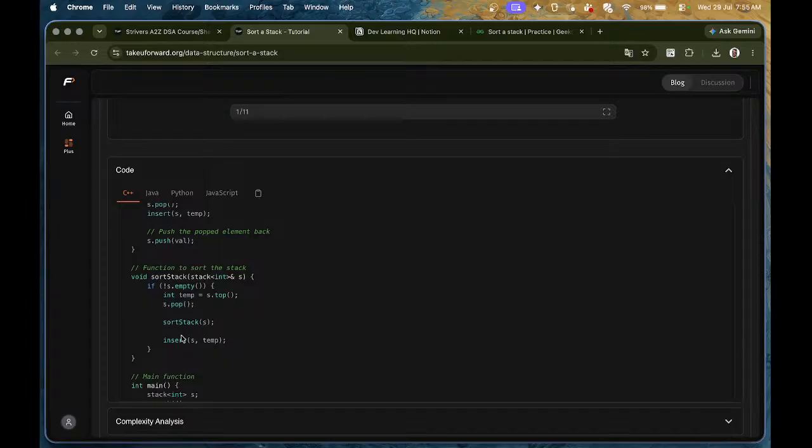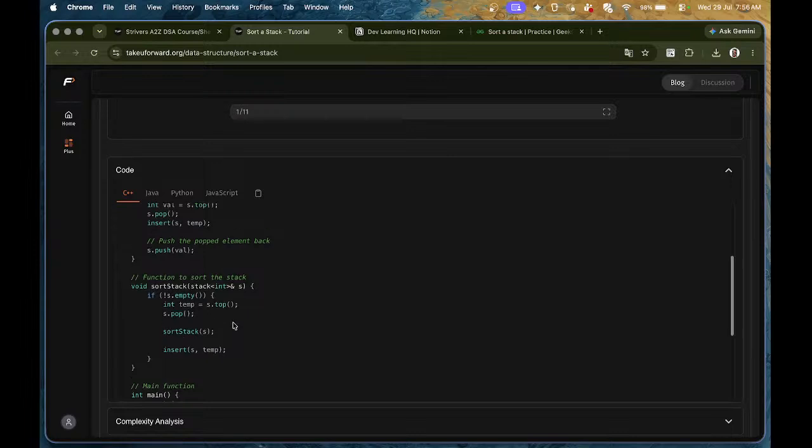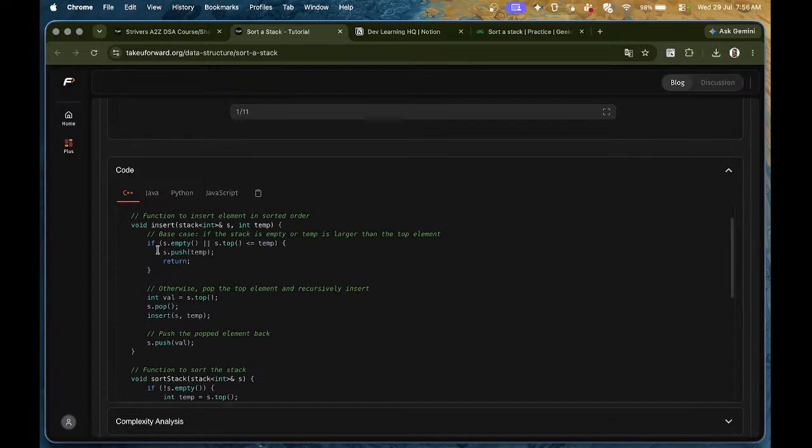Okay, remove the top. Sort stack is calling the sort stack function. So he's removing every element until the stack becomes empty and inserting with the insert function. Base case: if the stack is empty or temp is larger than the top,